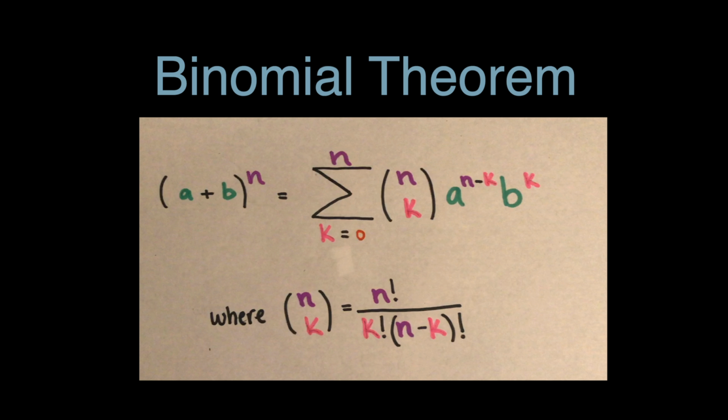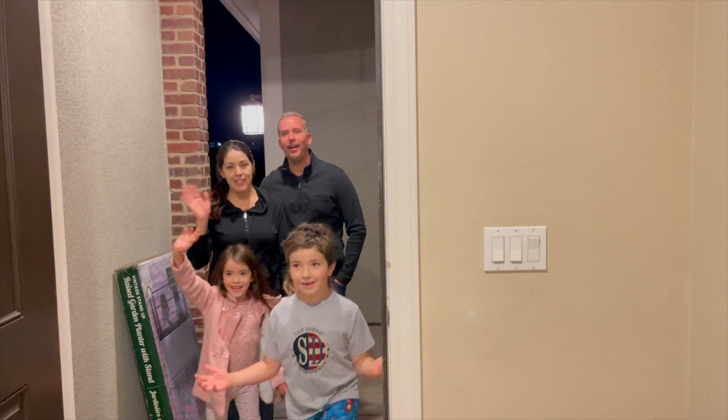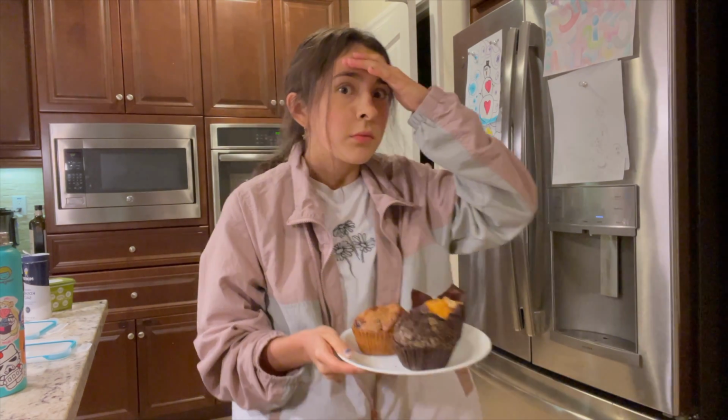Never fear, the binomial theorem is here. This was derived from the triangle we just used. Even though it looks like one scary, excited formula, you can use it to solve binomials with extremely large powers. While we're on the subject, imagine 7 friends show up to your party, but you only have 3 cupcakes. Oh no. If you wanted to randomly choose 3 friends to give the cupcakes to, how many groups of 3